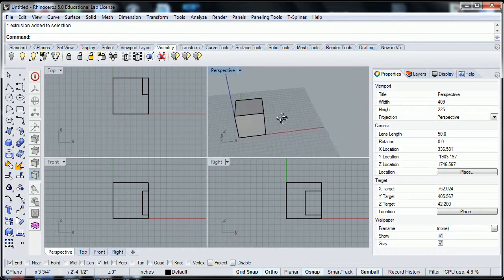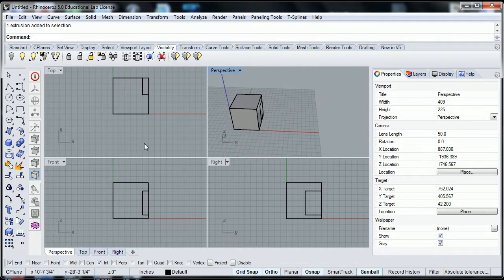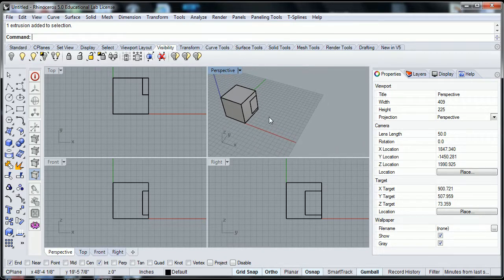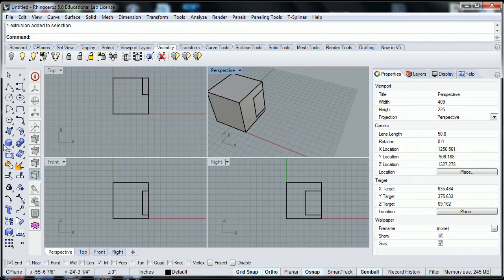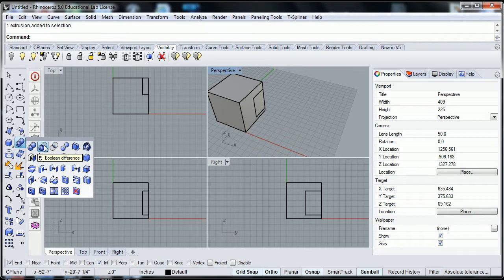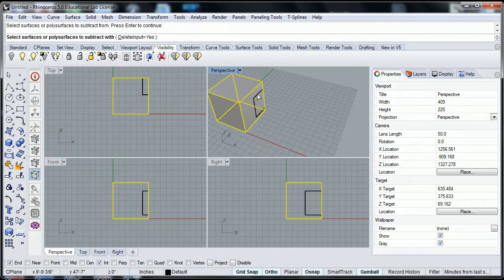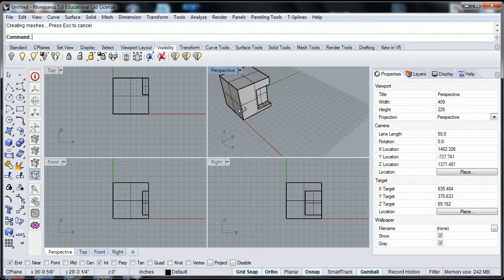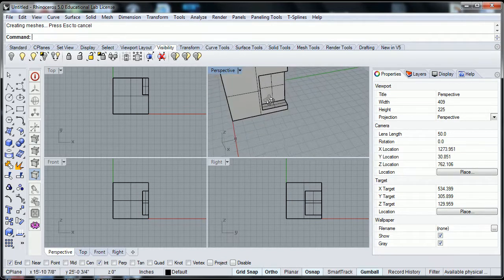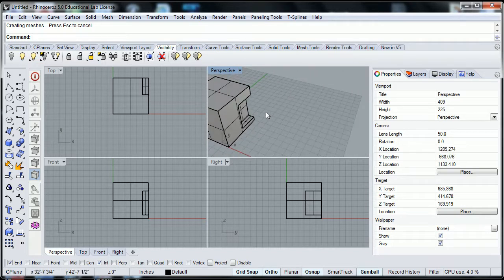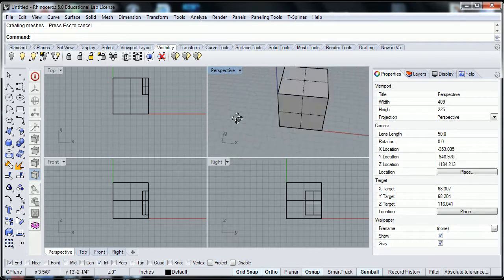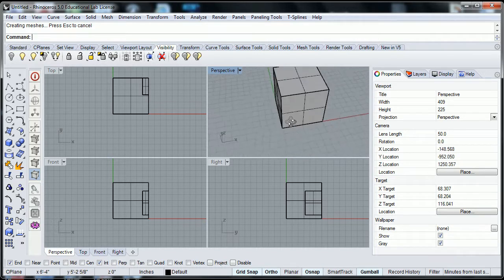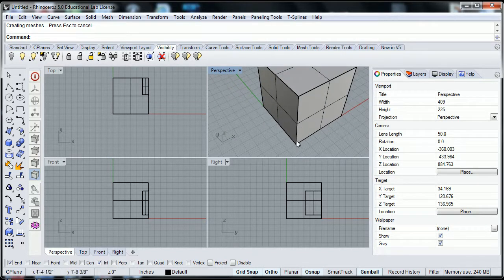Let's work on this front porch still. We will go ahead and Boolean out this section. So if we go to Boolean difference, select the main cube, and then select the little cube, enter, and that has cut this part out. So next we're going to go into the west side. So this west side over here, we're going to go ahead and cut the